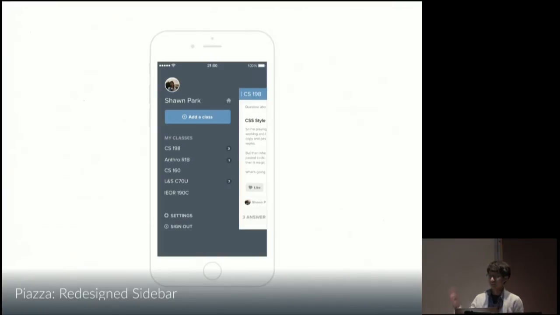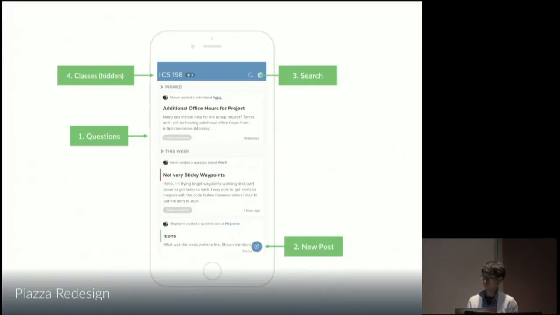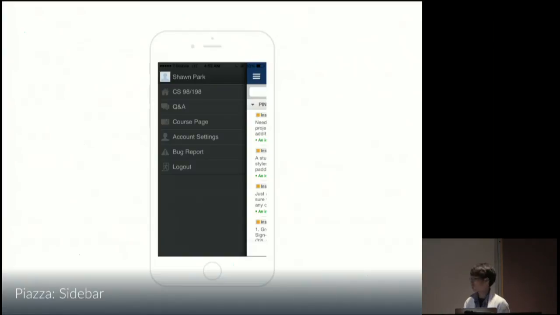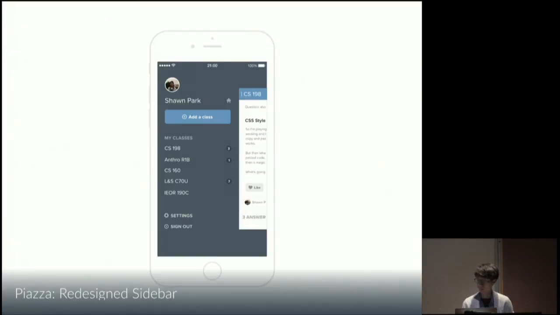But everything that's inside that specific class, like question and answers, class information, and so on, those are inside the main view. So that would be this view, for example. So search, class information, adding a new post, everything that's specific to this class is inside this view, and everything that's specific to the application is on the sidebar. So that is another reason why I chose the sidebar.